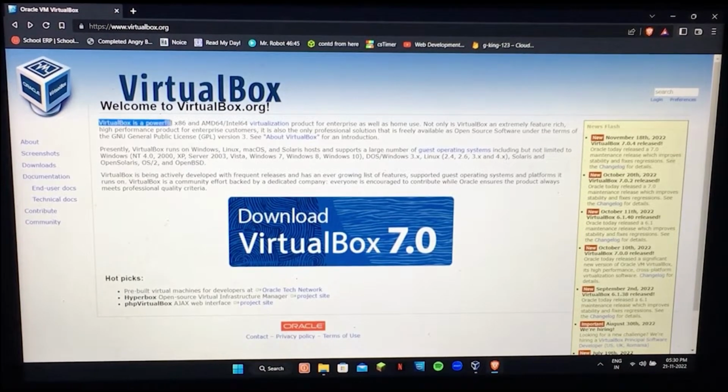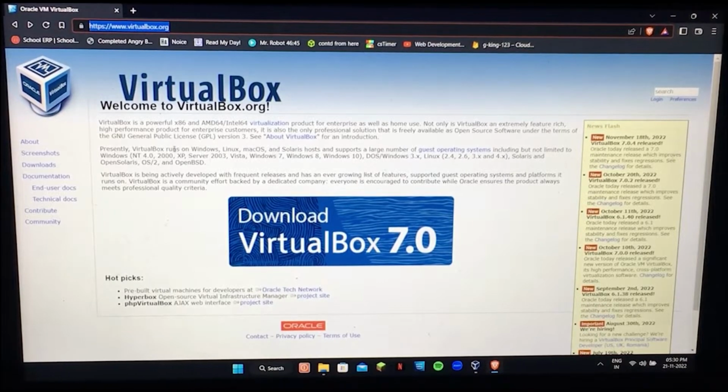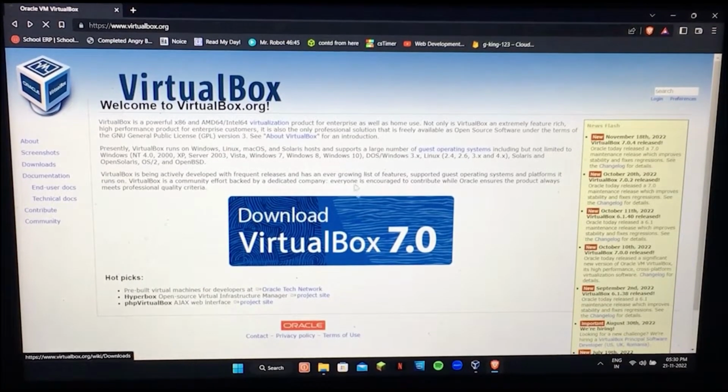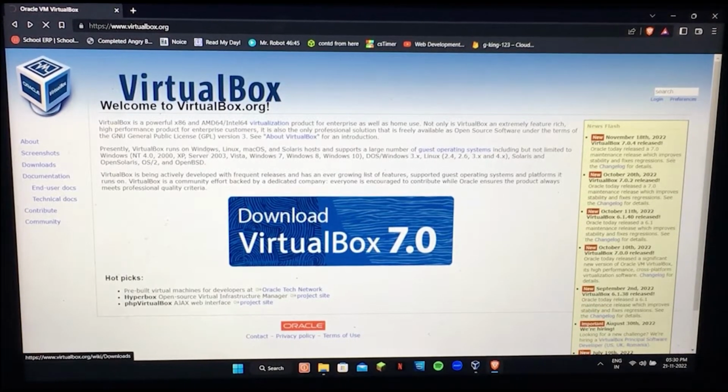So in this video, we'll be using VirtualBox for our virtual machine. And you can go on to virtualbox.org and then you can click on this huge button. The latest version is 7.0 for me, and maybe something else for you. You can go ahead and click on it. It'll redirect you to a downloads page, and then you can select your